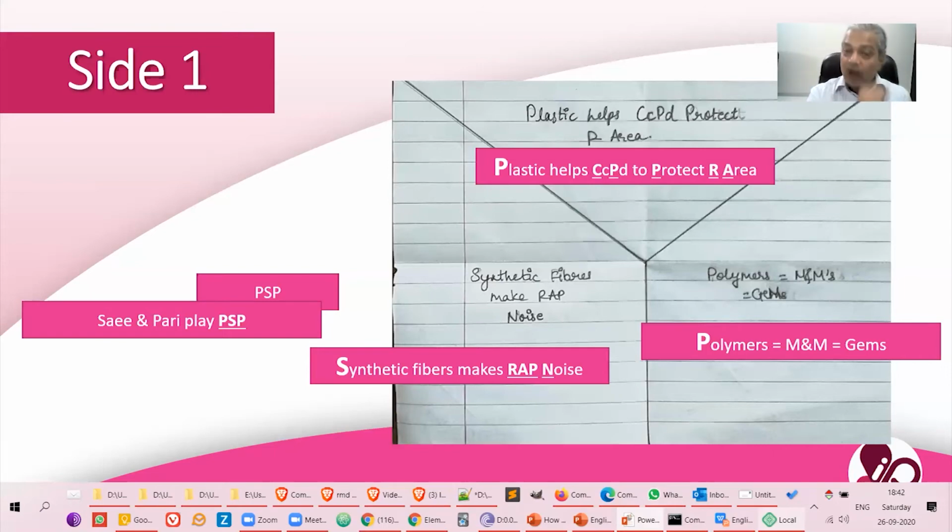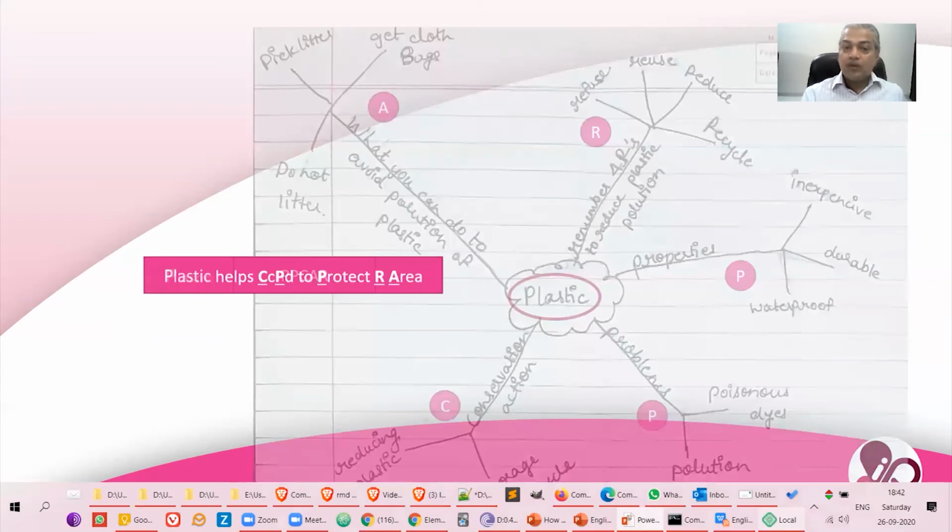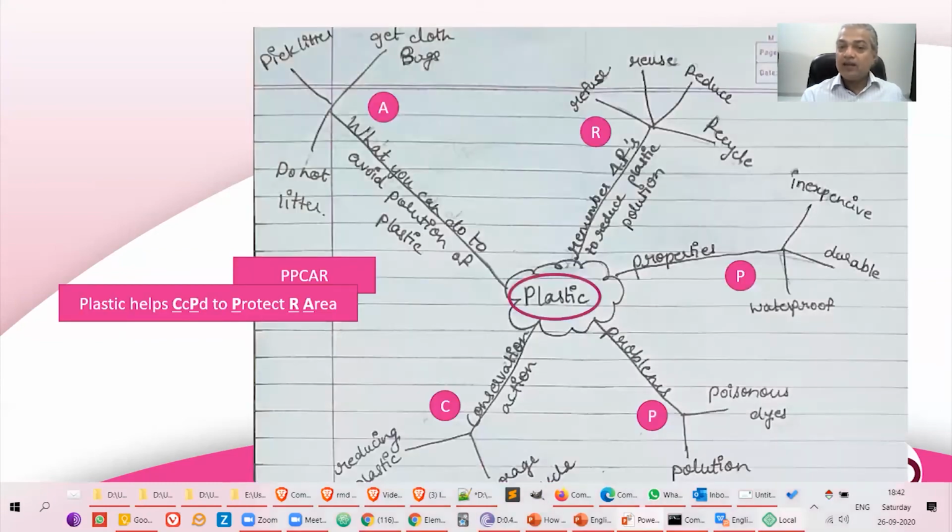But when you have these mnemonics, you can write them on a rough paper during the exam, and then you know that, yes, I have to write something about C, I have to write something about P. Then what is P? P is properties. Then the other P is problem. And then you start working down on subtopics, right? So this is how you can go towards each of these subtopics and try to recall the rest of the things. What are the properties? Okay, there are three properties: inexpensive, durable, waterproof.